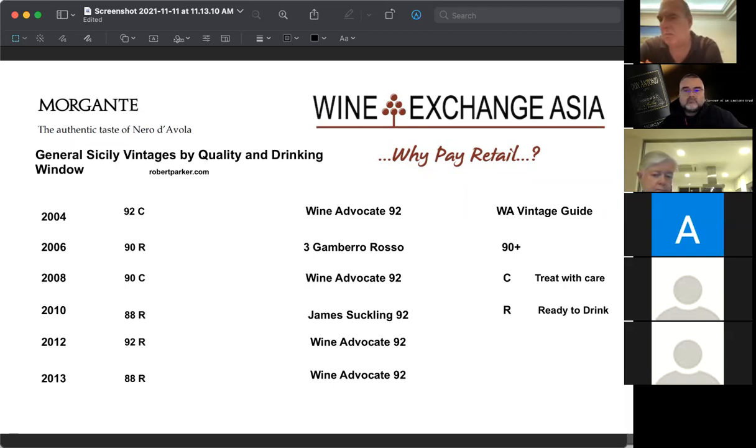But the corks were in excellent shape, and in fact, I can show you. That's the 04 cork, if you can see it. That's in really good nick. Really good shape, and that was typical of all of them. So the corks themselves, I mean, on the 06,